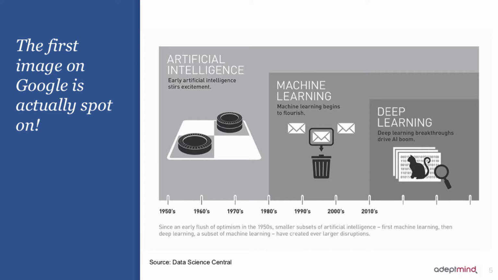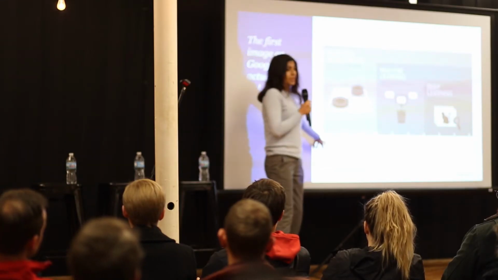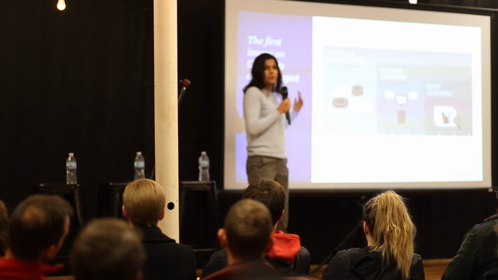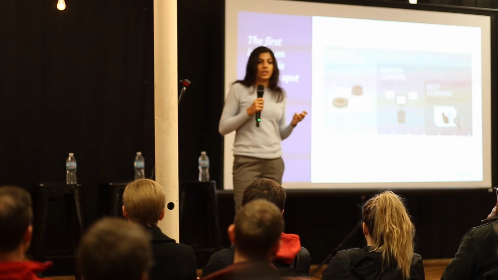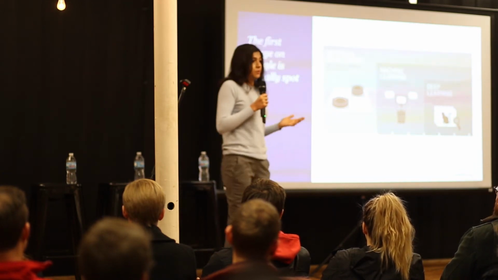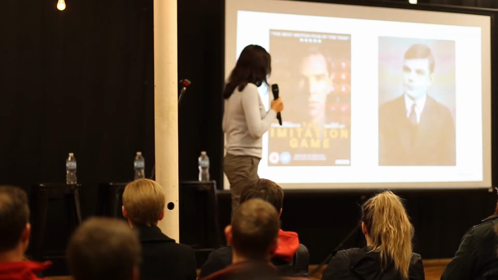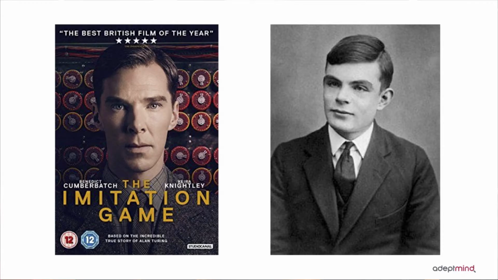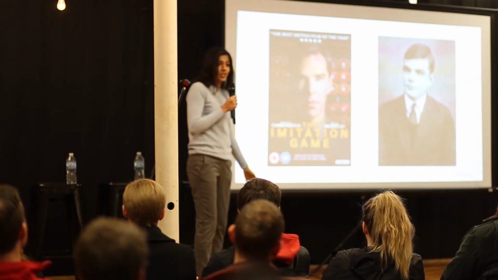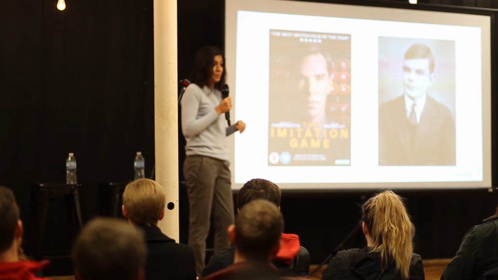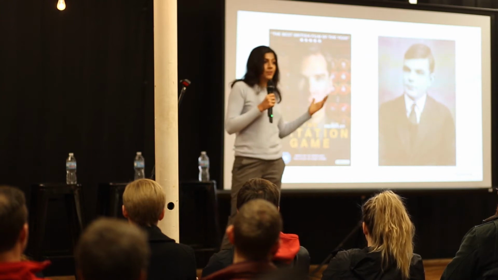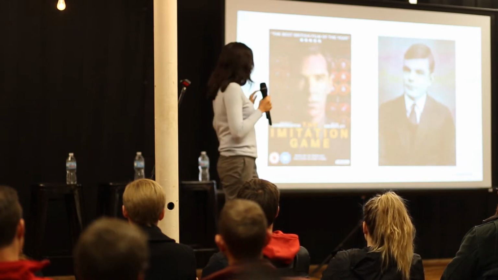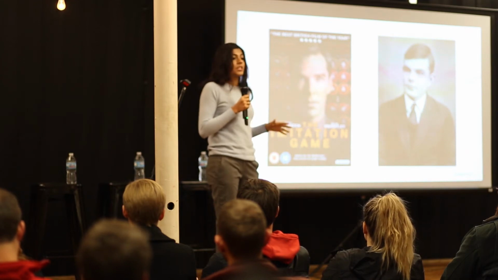It's actually very interesting because artificial intelligence actually began in the 1950s, or maybe a little bit before around the Second World War. It's been around as a theory or as a philosophy for more than 50 years. If you could go on the next slide. I'm sure you don't recognize the gentleman on the left, my left, your right. That's Alan Turing. But Benedict Cumberbatch here played Alan Turing in The Imitation Game. And Alan Turing is widely considered as one of the fathers of the field of artificial intelligence. So a lot of work has been going on over the last 50 to 70 years.